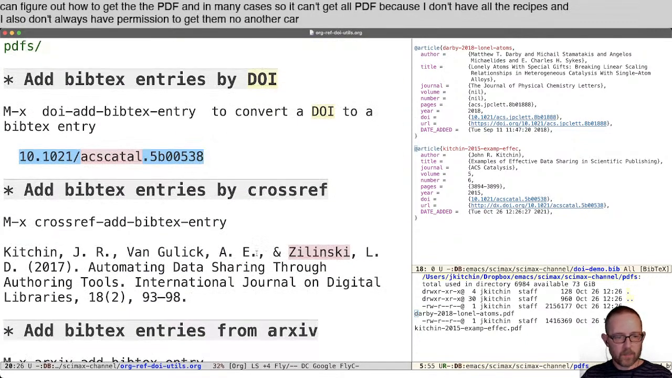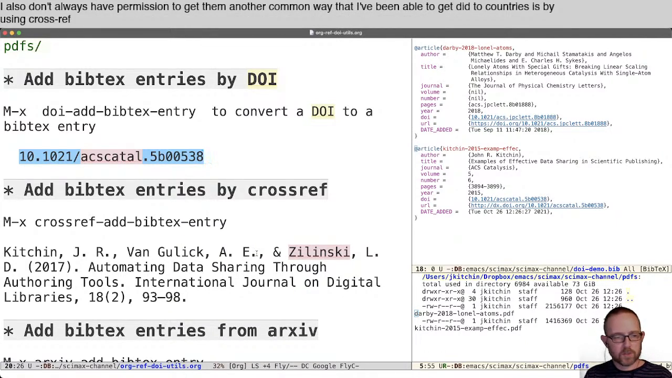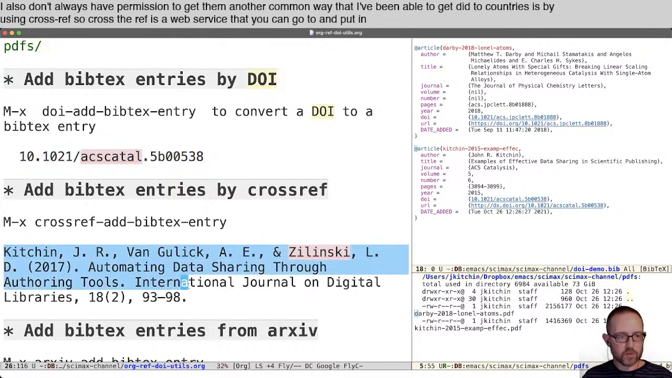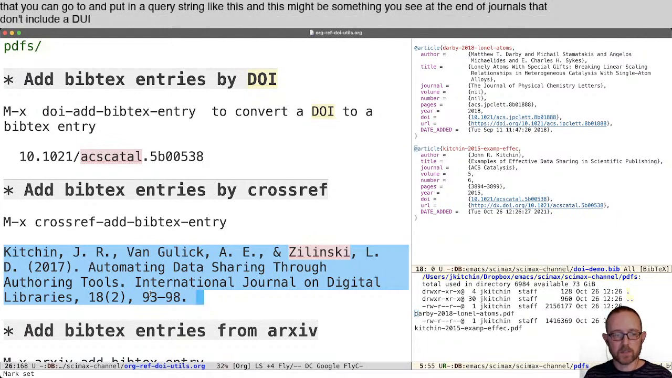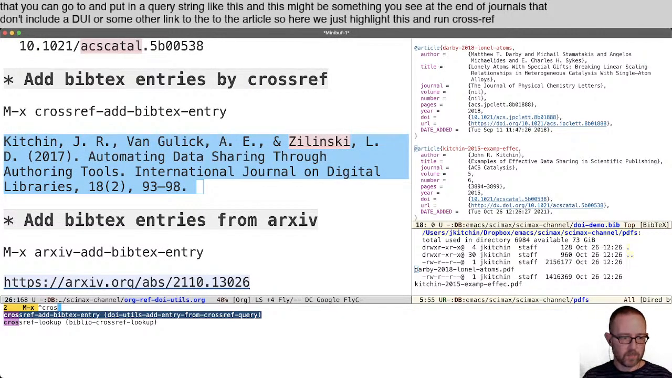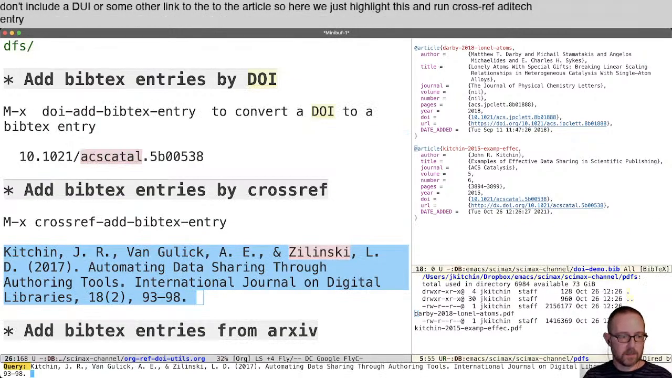Now another common way that I am able to get BibTeX entries is by using crossref. Crossref is a web service that you can go to and put in a query string like this. And this might be something you see at the end of journals that don't include a DOI or some other link to the article. So here we just highlight this and run crossref add BibTeX entry,